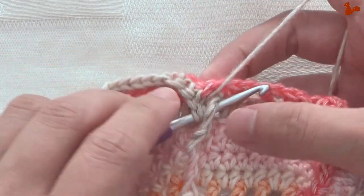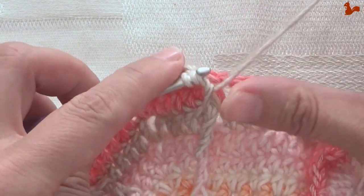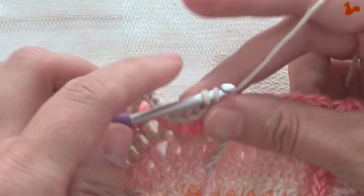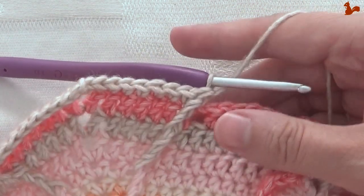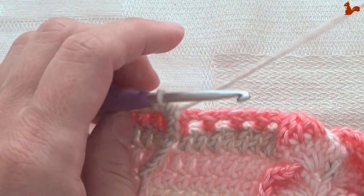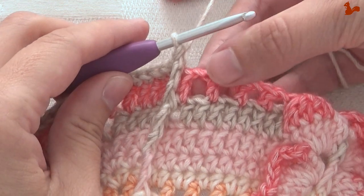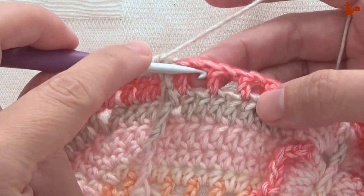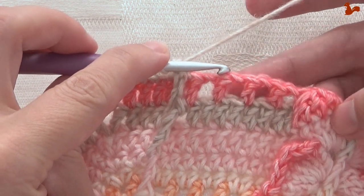around the double treble from a few rows below, around 29 I believe. You really see this nice line that we're building here. That was the front post treble. You have the next chain space. This chain space is going to skip that chain space and the treble that's over here, and then you have